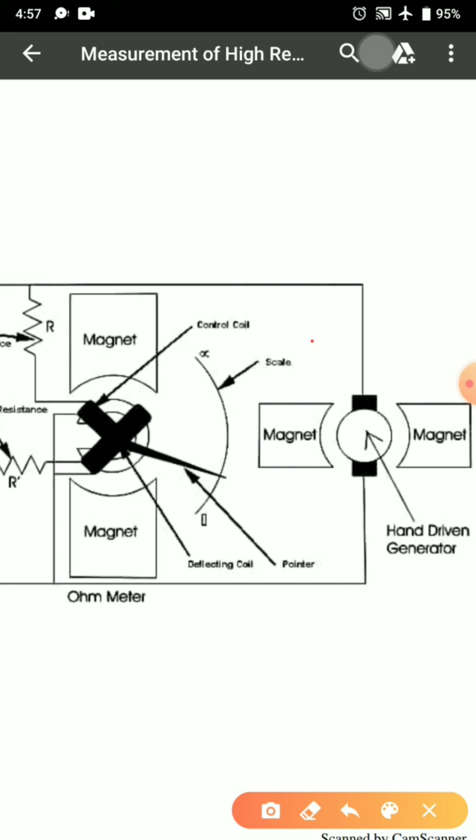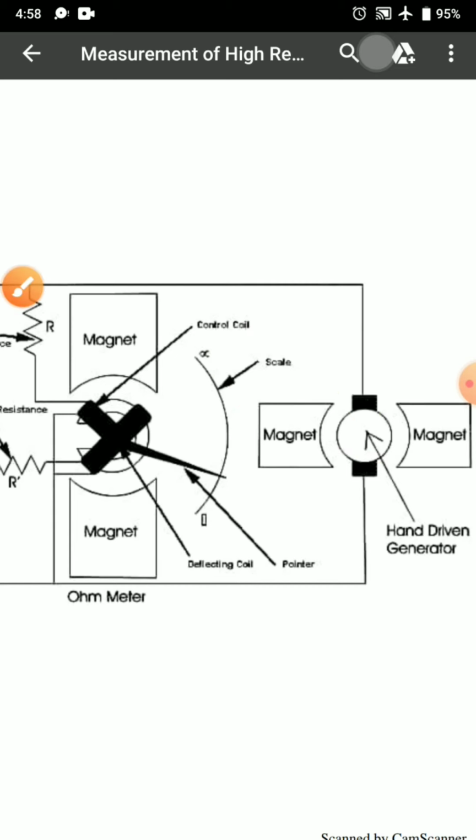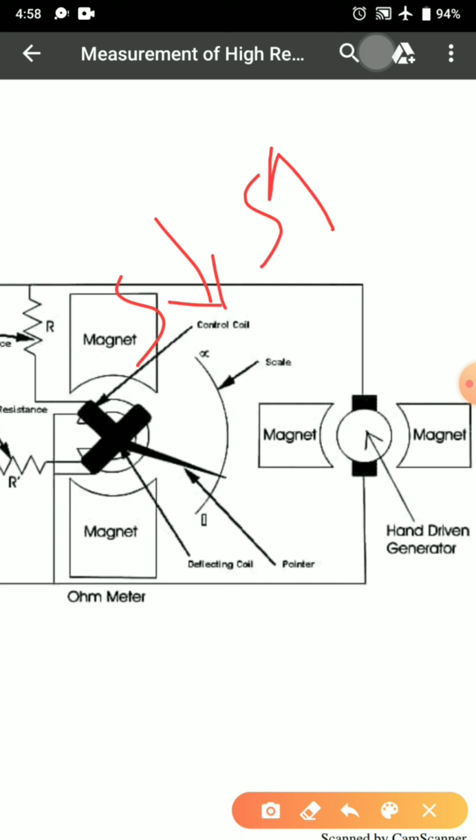It is like giving mechanical energy to the generator. When mechanical energy is given to the generator, the generator will convert mechanical energy to electrical energy, as we all clearly know. But one more thing has to be kept in mind: the generator will generate a required adequate voltage only if some RPM level is matched. Now when we are using a hand driven generator, sometimes the speed can be low or sometimes the speed can be high.